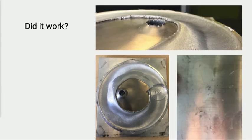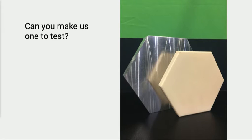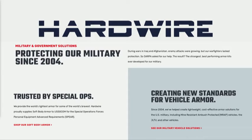And so that seemed good, but I took these pictures and sent them off and said, does this look right? And they said, yes, this is exactly what we're looking for. We're looking for ejection of the projectile, and in the bottom right, you see the back side of the tile, which has no through hole from the projectile. So of course, ARL asked, can we have one? And so we made one for them to test, and they said, okay, not us, but send it to Hardwire,